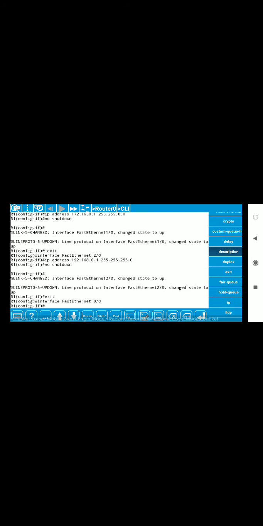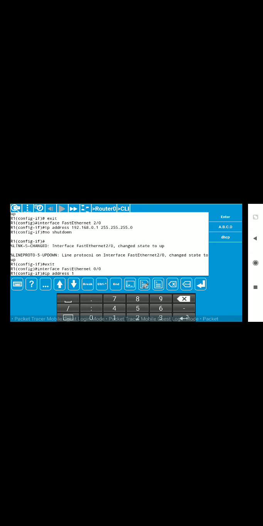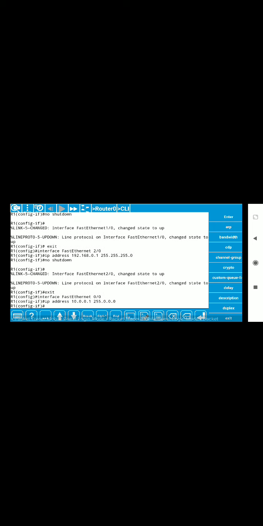Okay, then again write the same IP address command, IP, then click on address, then write the IP address, that is 10.0.0.1. This is the IP address for our third gateway. Then the mask 255.0.0.0, because here only 8 is the n bits. Okay, so 255.0.0.0, then click on enter.